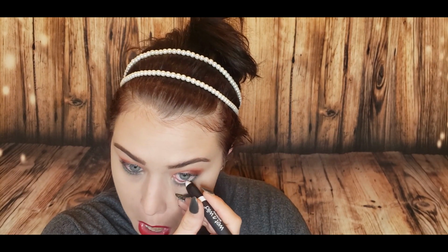Okay, before I move on to this, I like this lip color, but it's bleeding and I don't like their applicator. Their applicator is weird. It's very, very fuzzy. So you have to be excruciatingly precise with it. All right, so